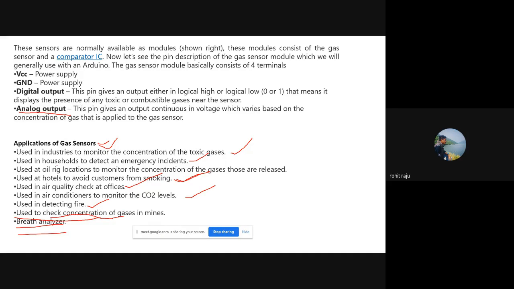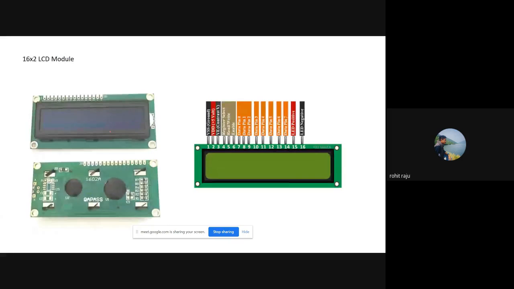So in our experiment, we will also be creating an alarm system, along with our project also telling us the concentration of the gases. So we will be dealing with two things. And if you remember what I've shown you, I've also shown you a liquid crystal display, the LCD display. So let us discuss this LCD display.